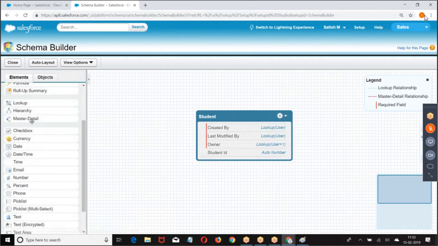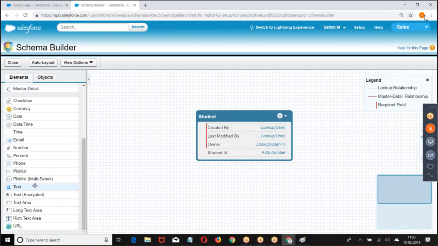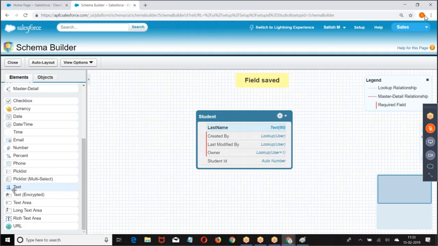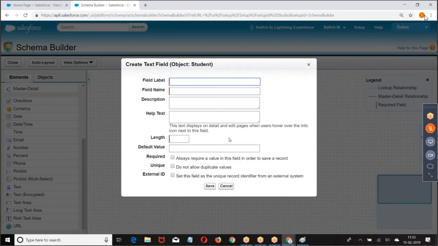Then what were the fields I had? Last name, first name. Now I'm considering that the data is already existing. There is an object which is already existing.